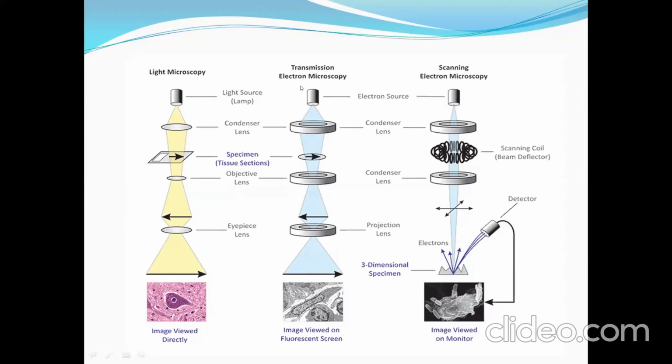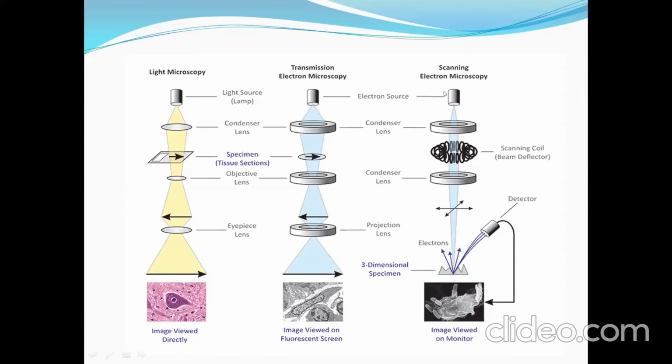If we consider the construction of the light microscope and the electron microscope, they are more or less similar construction-wise. Okay, but in case of the scanning electron microscope, the construction is to some extent different. And I have already mentioned that in the transmission electron microscope, the primary electrons which are produced from the electron gun pass through all the lenses,